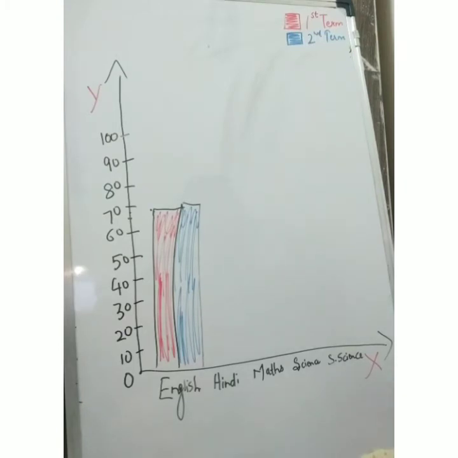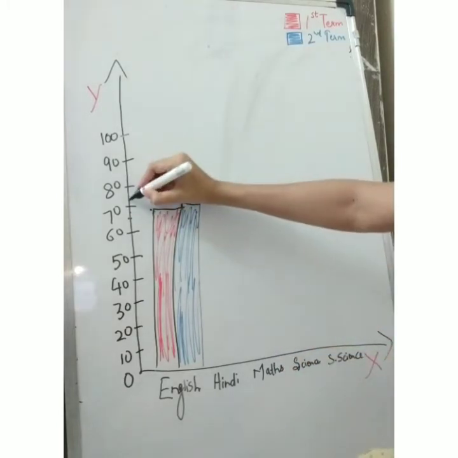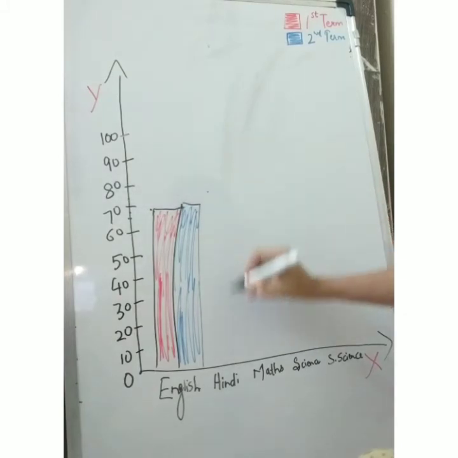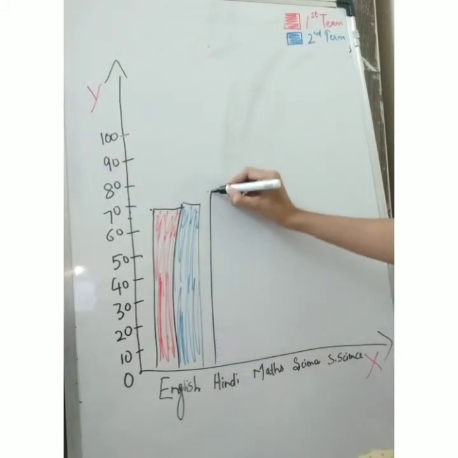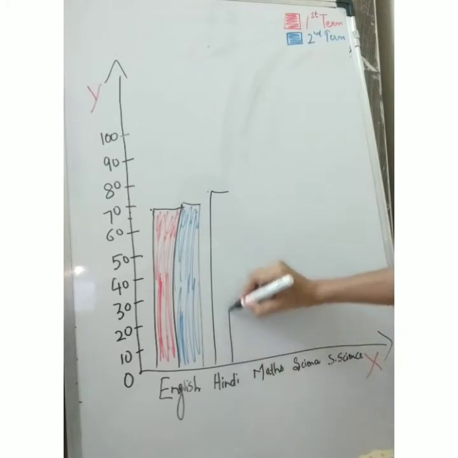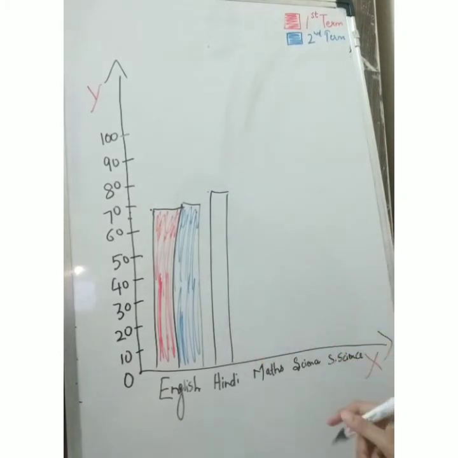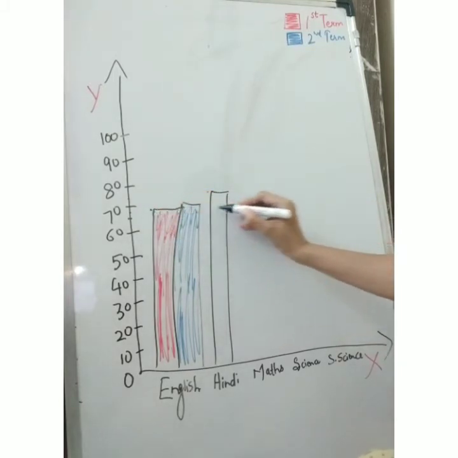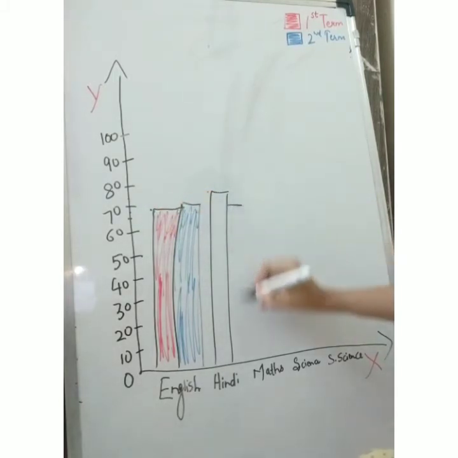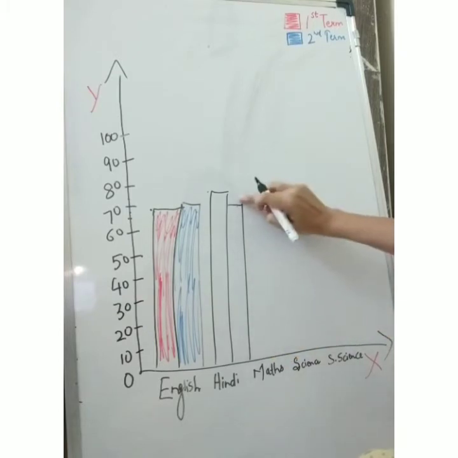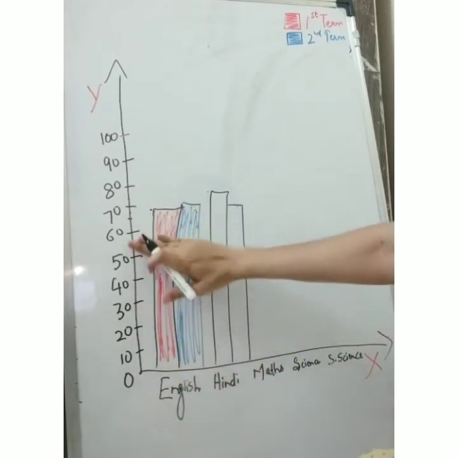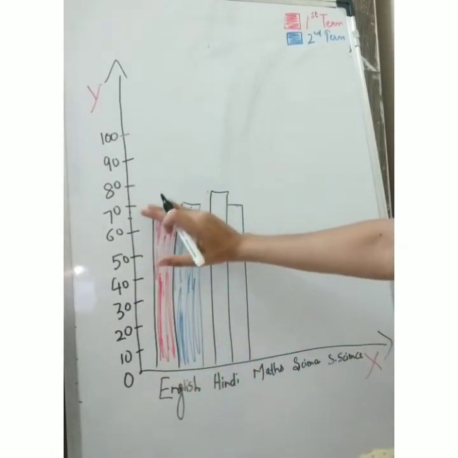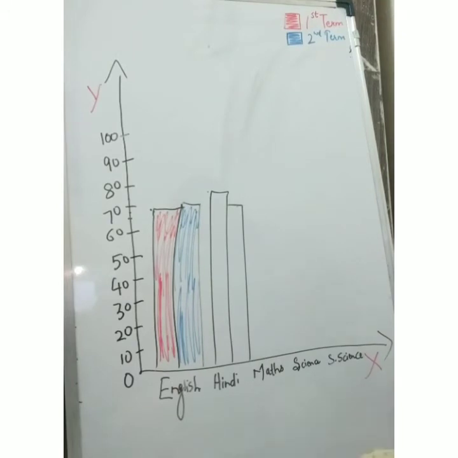In Hindi a student is getting 72 in the first term, so 70 is here, 72 will be around here, so I'll mark it here, just draw it. Okay, and in the second term he is getting 65, 60 plus 5 like this, and you will draw like this. I am using roughly, but when you are using, please use a scale and pencil and mark it properly.